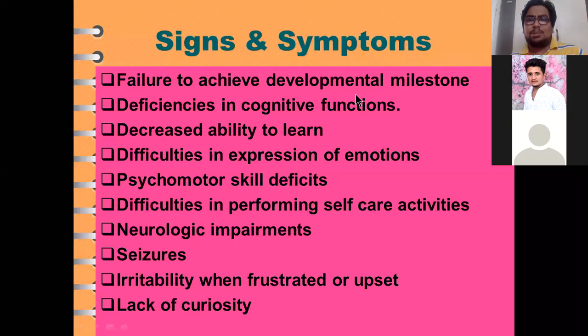So mainly milestone development will be poor. The child cannot achieve the milestones at the correct time, and cognitive functions will not be adequate. आपको पता है cognitive function क्या होता है? That is thinking, reasoning, judgment, learning. ये वाला function सारा abnormal है. And there is a learning deficit. We all are learning, but the child किसको mental retardation है? ABCD नहीं नहीं